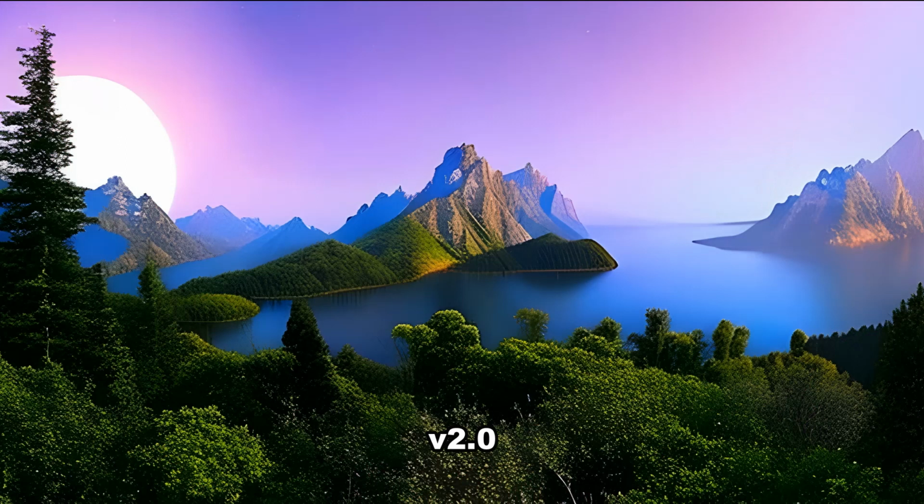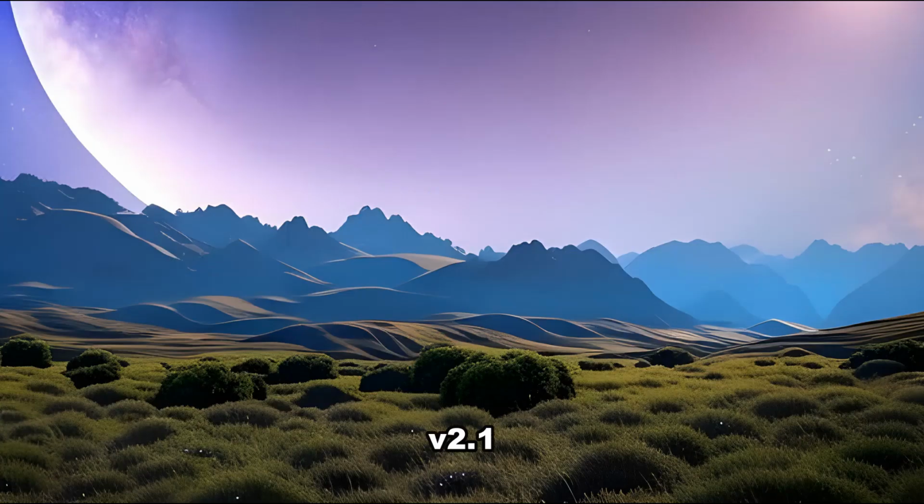Now let's go to 2.0, and 2.0 does look very different compared to the 1.5 that we were just looking at. A little bit similar on the mountains, but now we have a lake or an ocean. And 2.1, so remember we're using the exact same prompts and the same seed, we're only changing the diffusion model, and the appearance is that different. So it gives you a way to fine-tune your creations. Let's look at the next one.